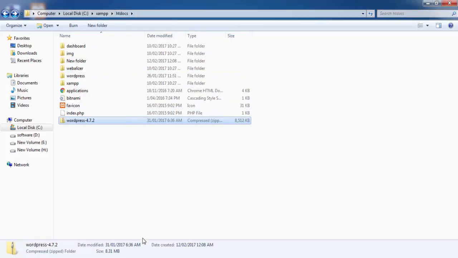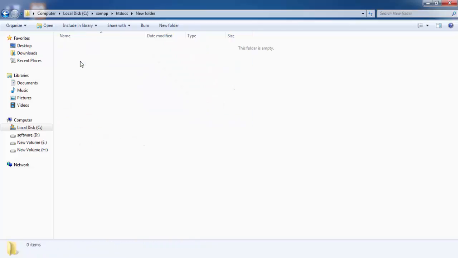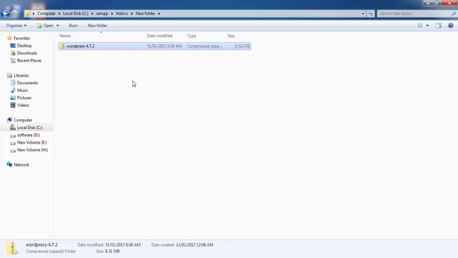I'll tell you one more thing: once you are creating a folder here in htdocs, your localhost will be like localhost/WordPress. If you are installing this WordPress inside a new folder, then the address will be localhost/new folder/whatever WordPress you are using.